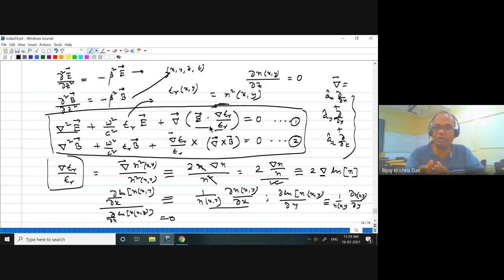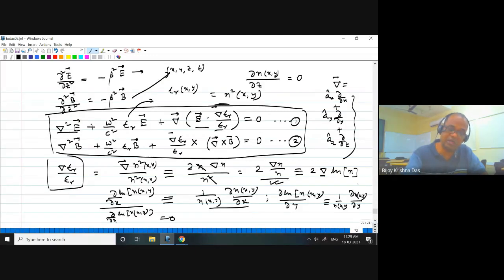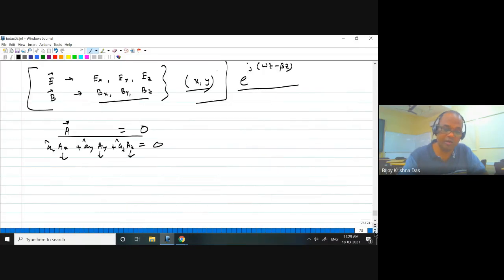If I split them component-wise from the knowledge of vectors, then I can find 3 different scalar wave equations. So I'm just writing down those scalar wave equations. You check yourself. And when I'm writing that scalar wave equation, I'll be using this concept. Whatever the things I have written here, these concepts are used in writing that equation. I'm just writing that equation simply because it is a bit lengthy but straightforward. So the first equation, if I write,